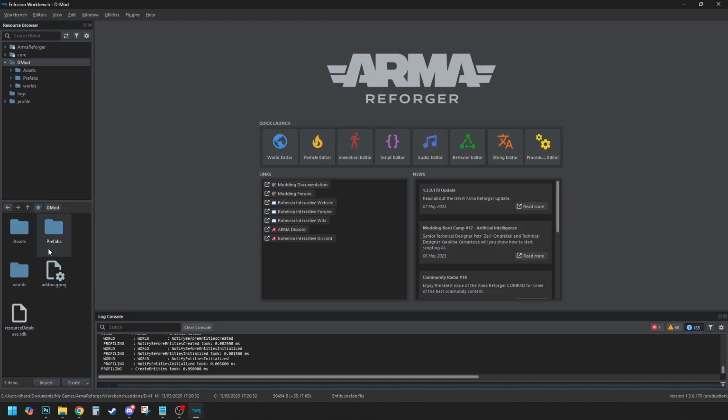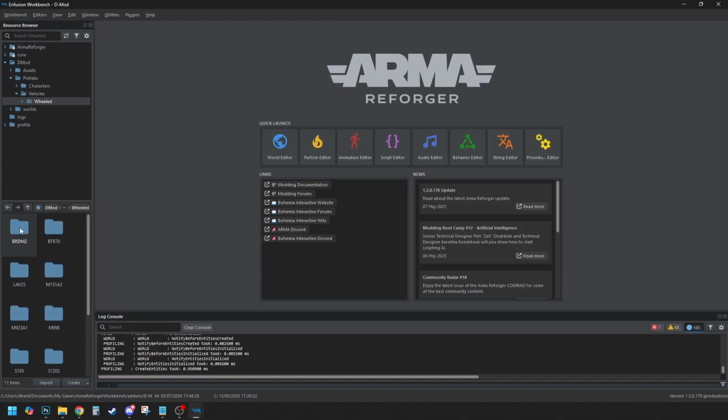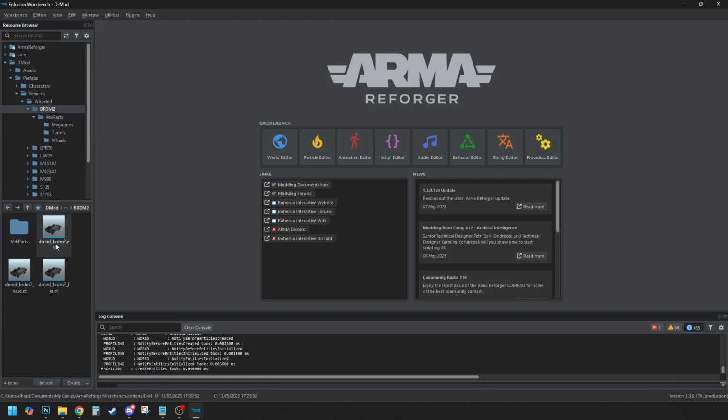We're going to go to prefabs. We're going to go to vehicles. And we're going to go to wheeled. And in there, we should see at the very top BRDM2, the ones we just created. So we're going to click that and we'll see all 3 that we just made, as well as the folder,